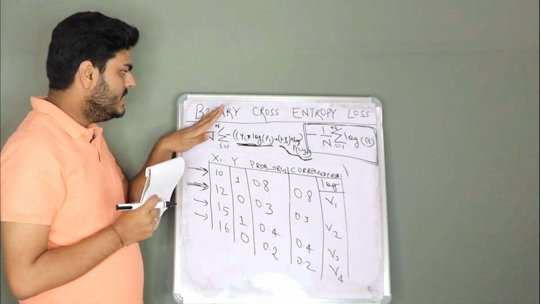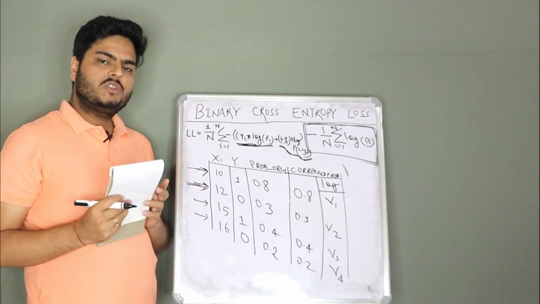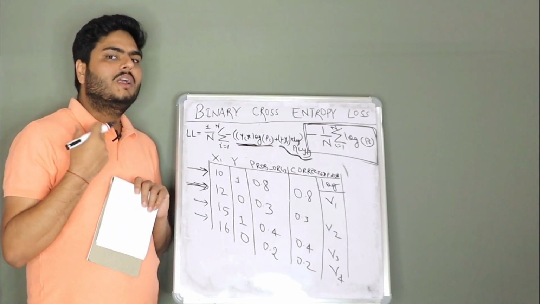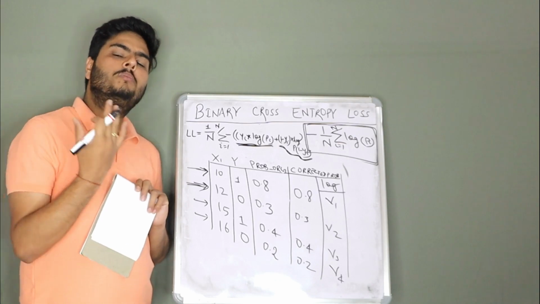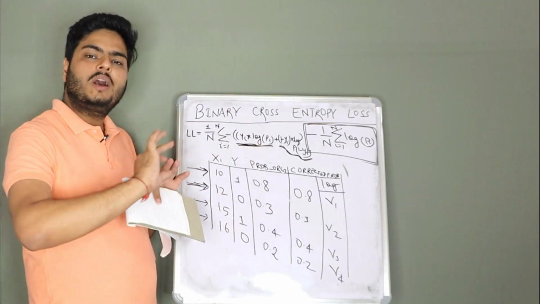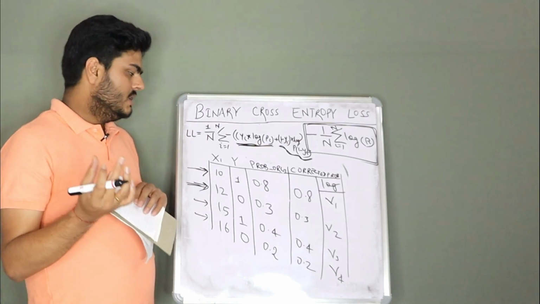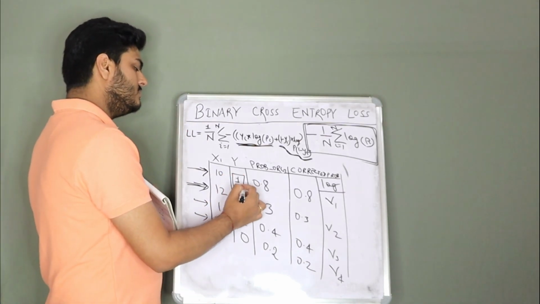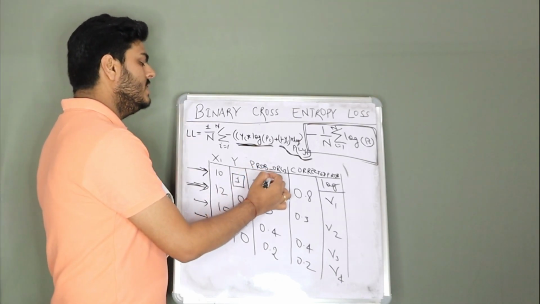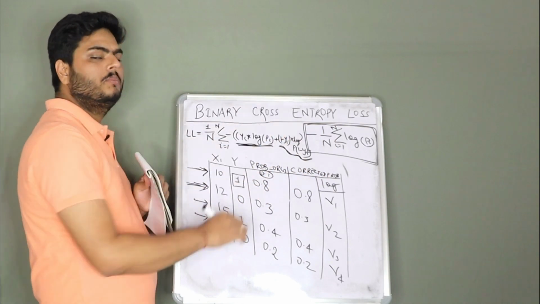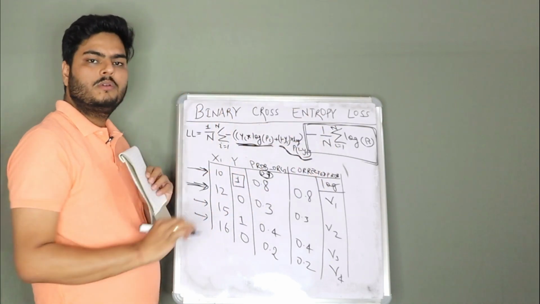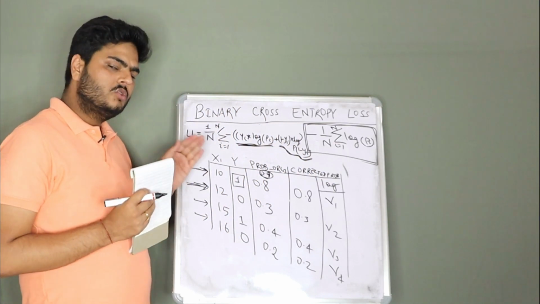So again I will just reiterate, it is a little mathematical in nature, nothing much. We are trying to see what is the entropy in the classification. More entropy will be there if the classification probabilities are far from actual. Suppose this is class 1 and the probability of falling in class 1, somebody says 0.1, then this entropy will go up, and if somebody says 0.9, then this entropy will come down. That is how binary cross entropy works.